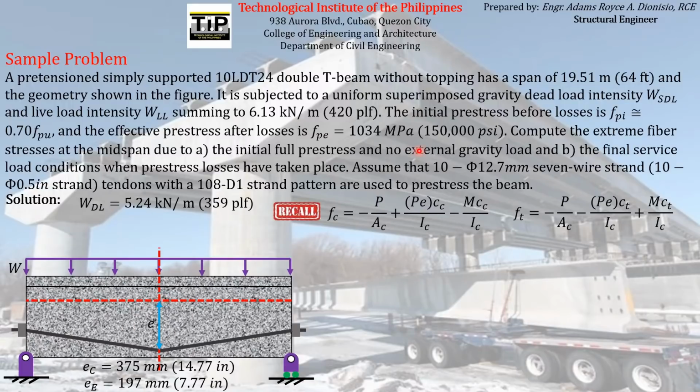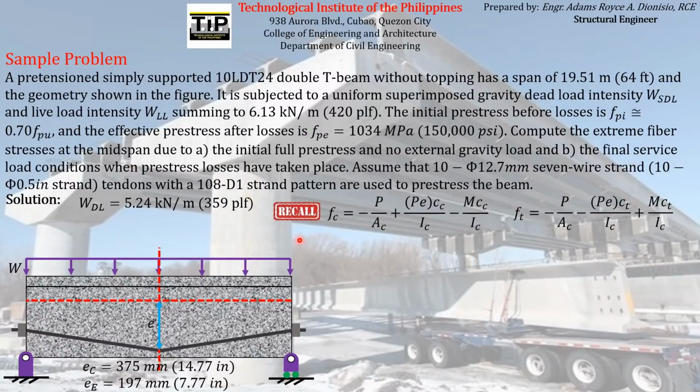So before, on the previous situation, the transverse load being supported by the concrete element is just its own weight. But now, on the second situation given on the problem, the service loads, which are the additional service loads, the superimposed dead load and live loads, are already being carried by the concrete element itself. So the question wants us to find extreme fiber stresses at midspan, still at midspan, on that